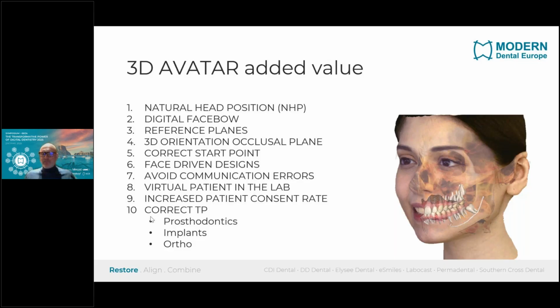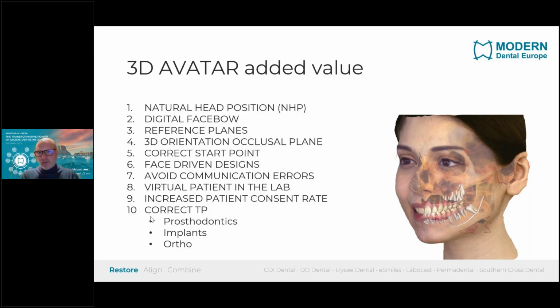So this means for the first time we have the patient always on board. The patient is there. We can plan on the face in this 3D environment. This was actually always the problem in the lab. Sometimes we didn't even know if the patient was male or female, so there was no indication on the gender, age, etc. Now we see the patient in the lab,